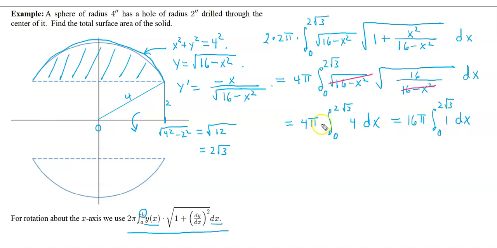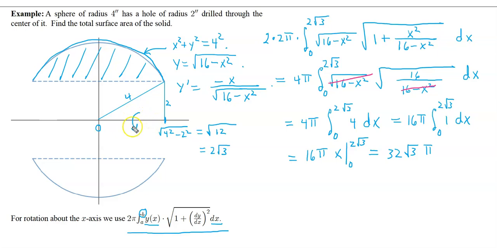So we just moved the 4 outside, multiplied it against the 4 pi, and then we get, and then of course this is just going to be 16 pi times 2 root 3. We get that from just putting 2 root 3 in for x, 0 in for x, and subtracting. And so we're getting here, and there we go. So that will be the surface area of this portion of the curve